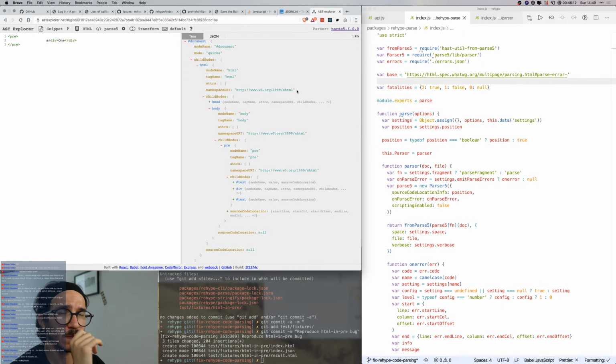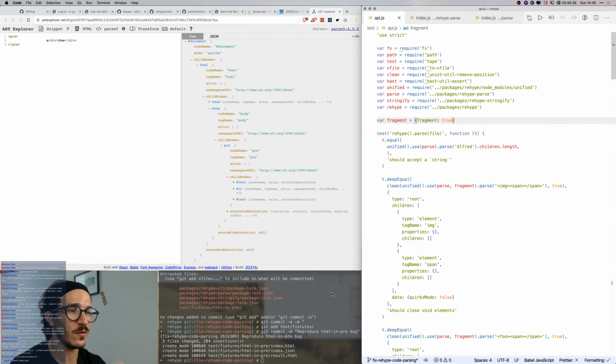So I guess where this gets weird is that I'm not sure if this is something that should be fixed. Maybe it's a stringify error. Yeah, I think this is going to be easier to fix as a stringification error.